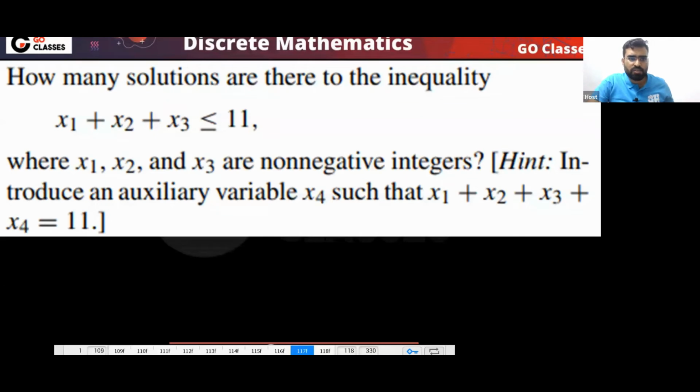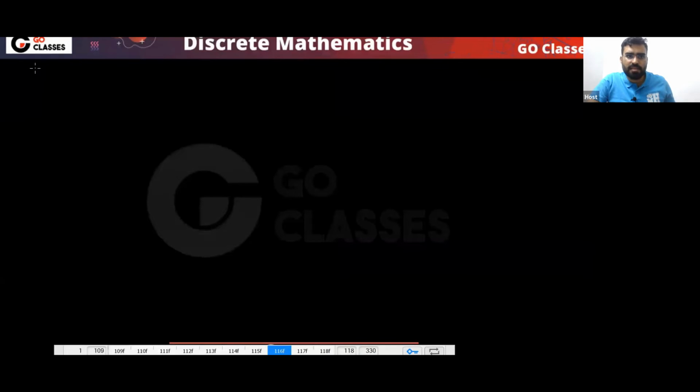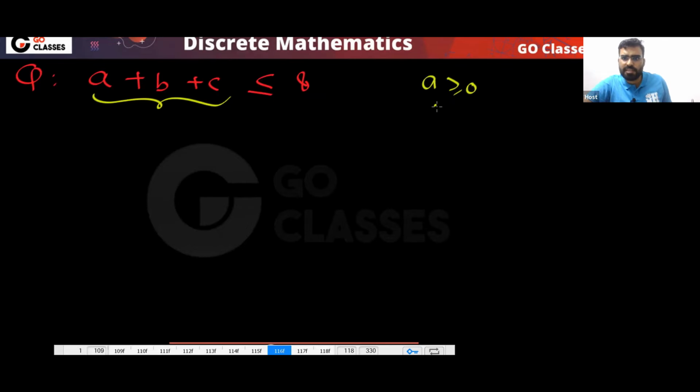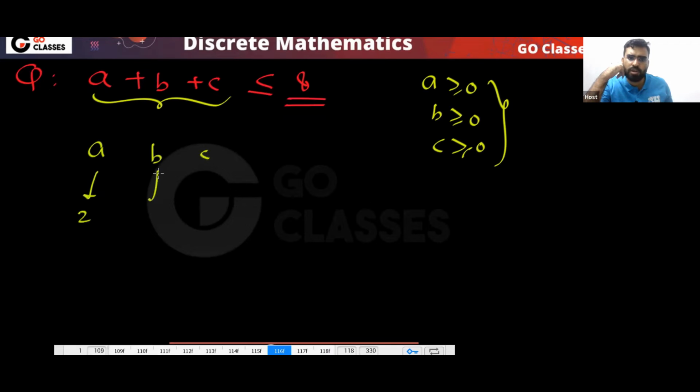Now the equation is x1 plus x2 plus x3 less than or equal to 11. Let's assume there are 3 children, A, B, C. Can anyone tell me what this means from the Santa scenario? It means you want to give chocolates, but not all the chocolates. Like, if I give 2 chocolates to him, 1 chocolate to him,